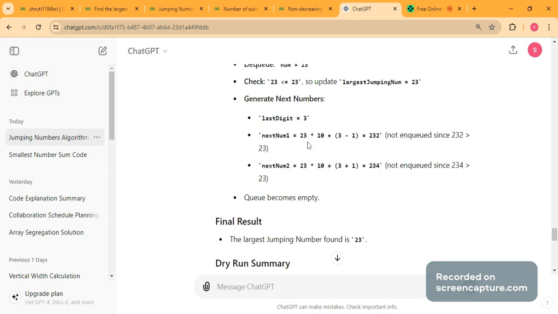Now the last digit of 23 is 3, and next number 1 will be 23 times 10 plus last digit minus 1, that is 3 minus 1, and the number we get is 232. Similarly, we calculate next number 2, which will be 234. We cannot put them into the queue because 232 is greater than 23, and we were allowed to put only those elements in the queue which were less than or equal to 23.